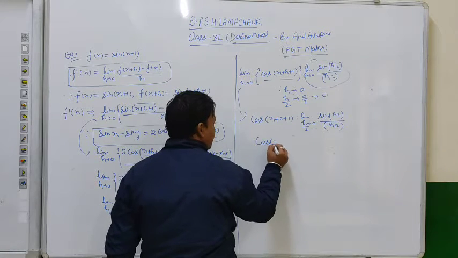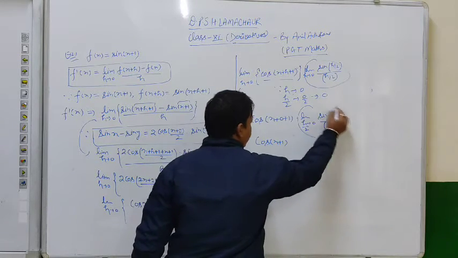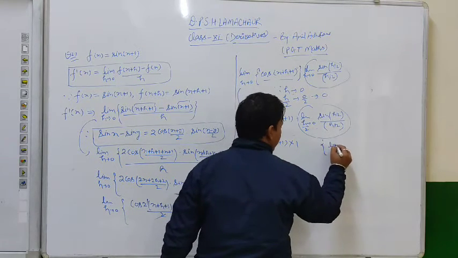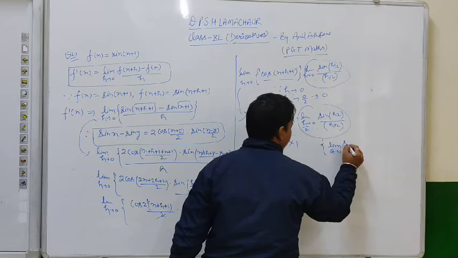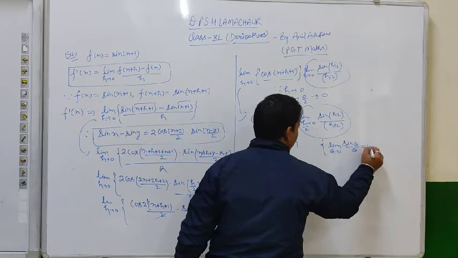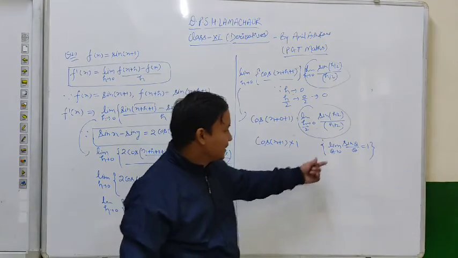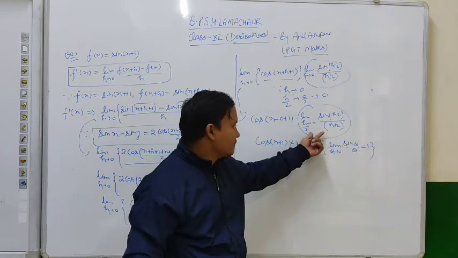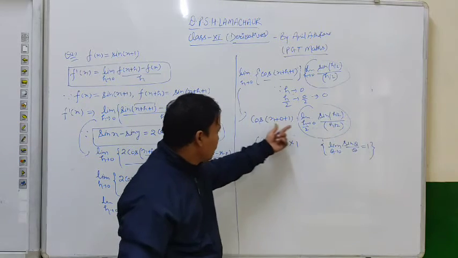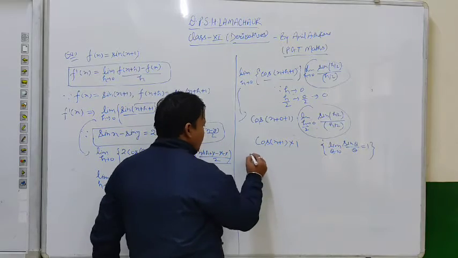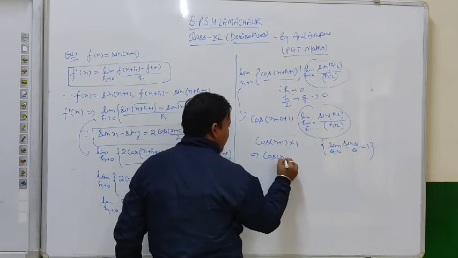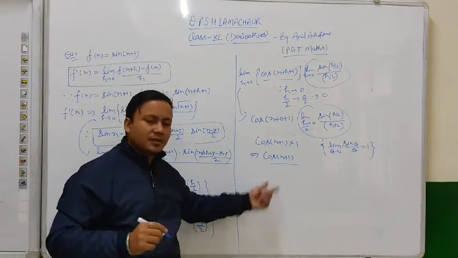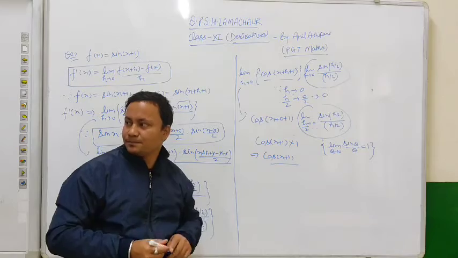So this will be cos x plus 1, and the value of this limiting function is 1, because we know that limit theta tends to 0 sin theta upon theta is equal to 1. Okay, this is the formula, beta. Limit theta tends to 0 sin theta upon theta is equal to 1. So we are going to use this formula over here so that we can get the value of this function as 1. Now cos x plus 1 multiplied with 1. So our final answer is cos x plus 1. So the derivative of this given function, which is sin x plus 1, is cos x plus 1.